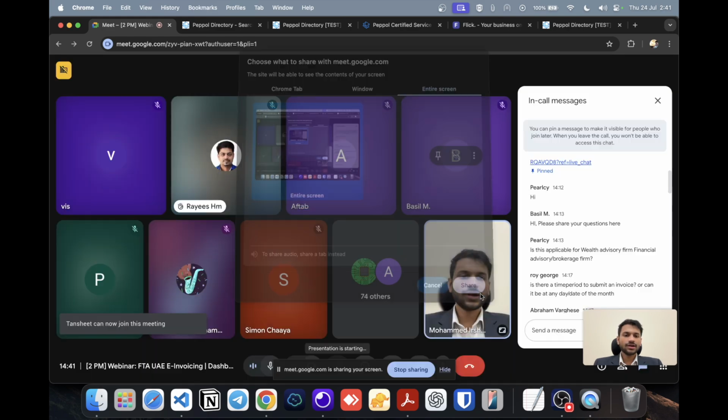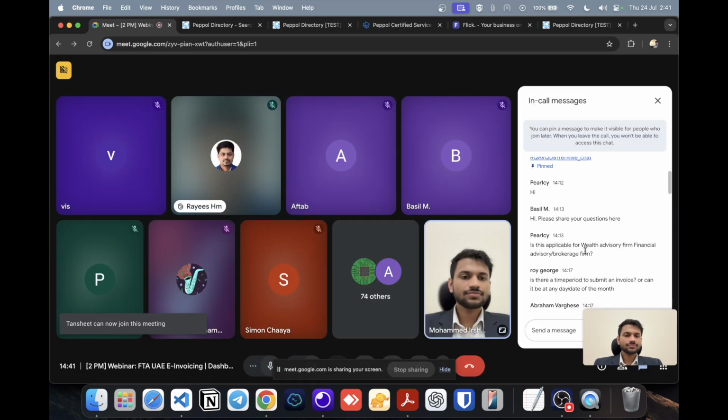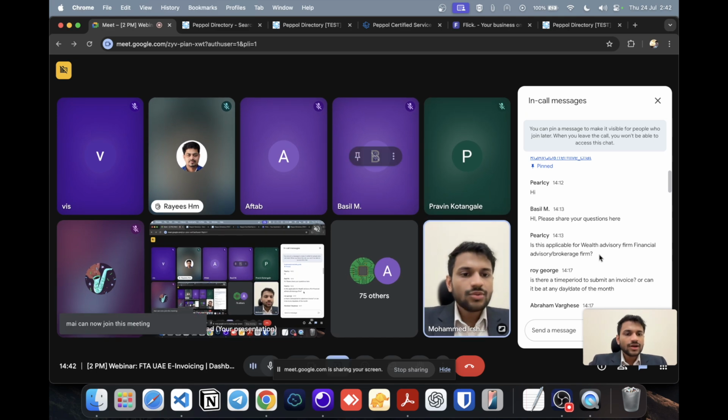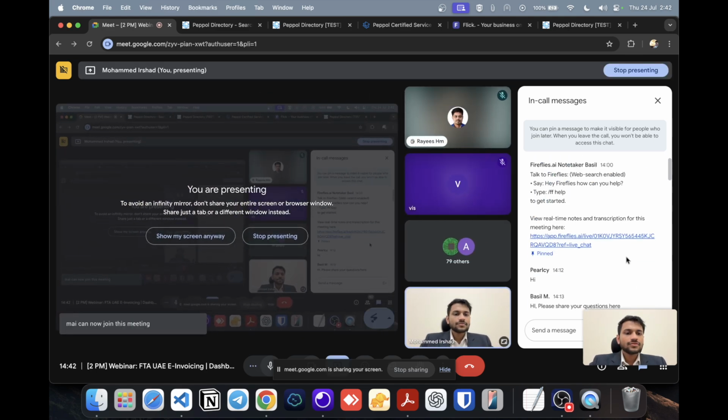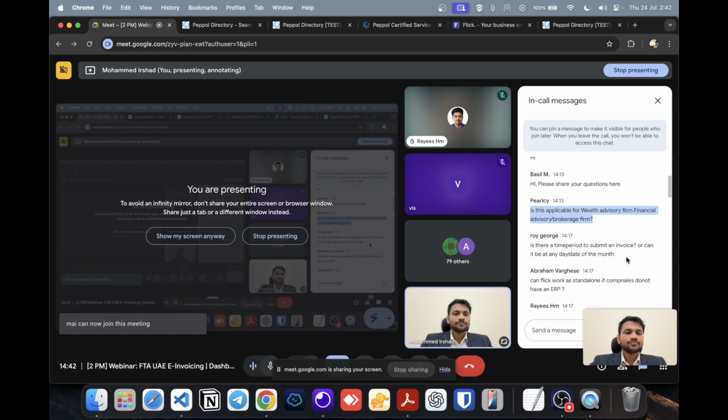So I can see multiple questions. Wealth advisory brokerage firm. So this is the starting, right? Yes, it will be applicable for all the businesses in the UAE, not just those with B2B invoices. Even as I mentioned, even if you have just B2C invoices,